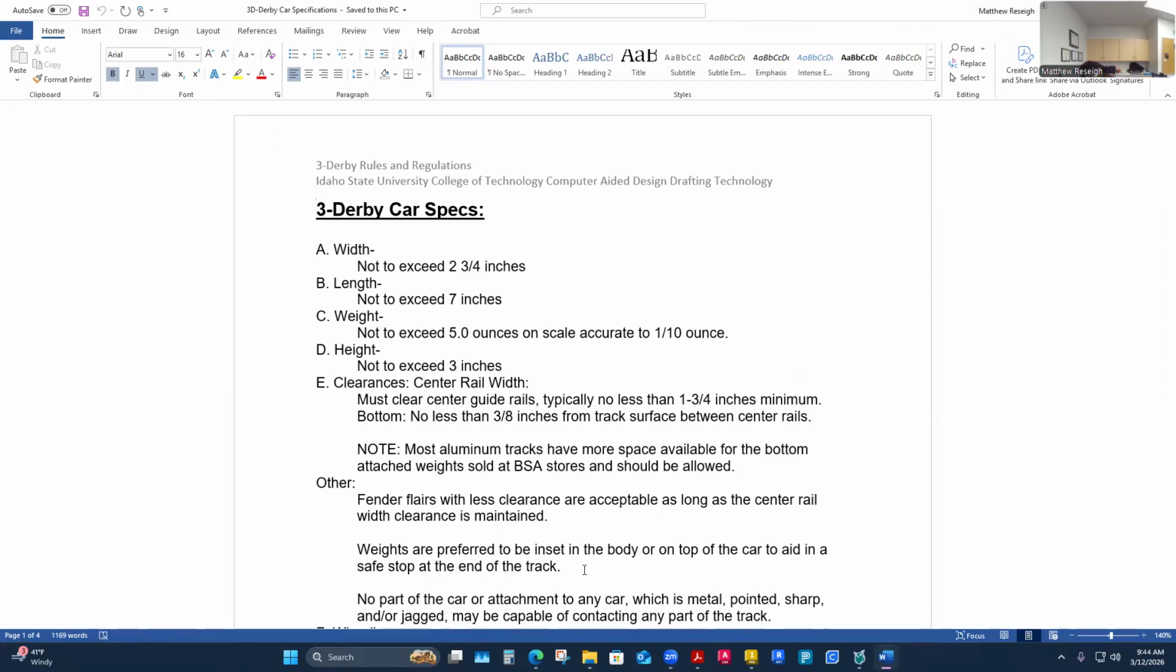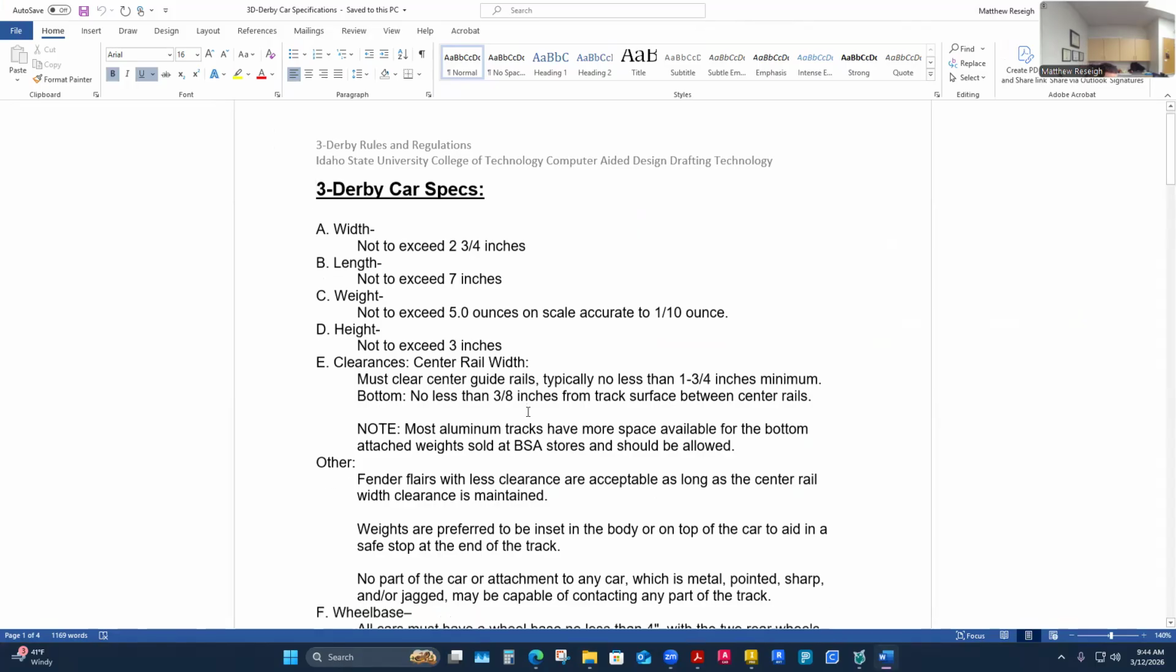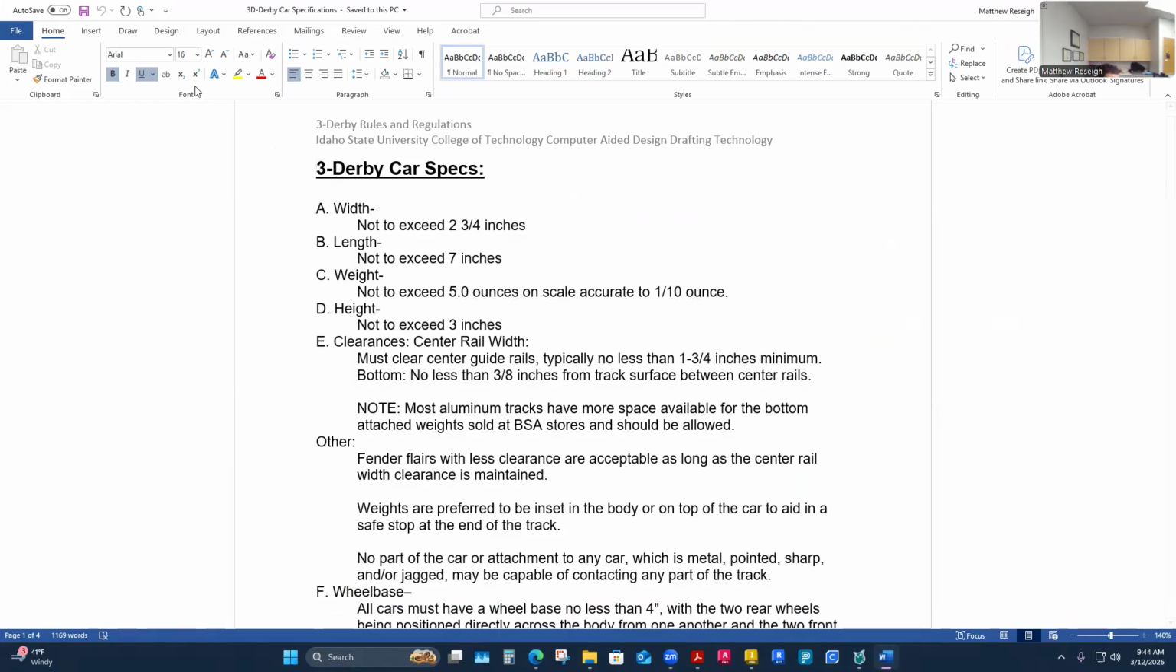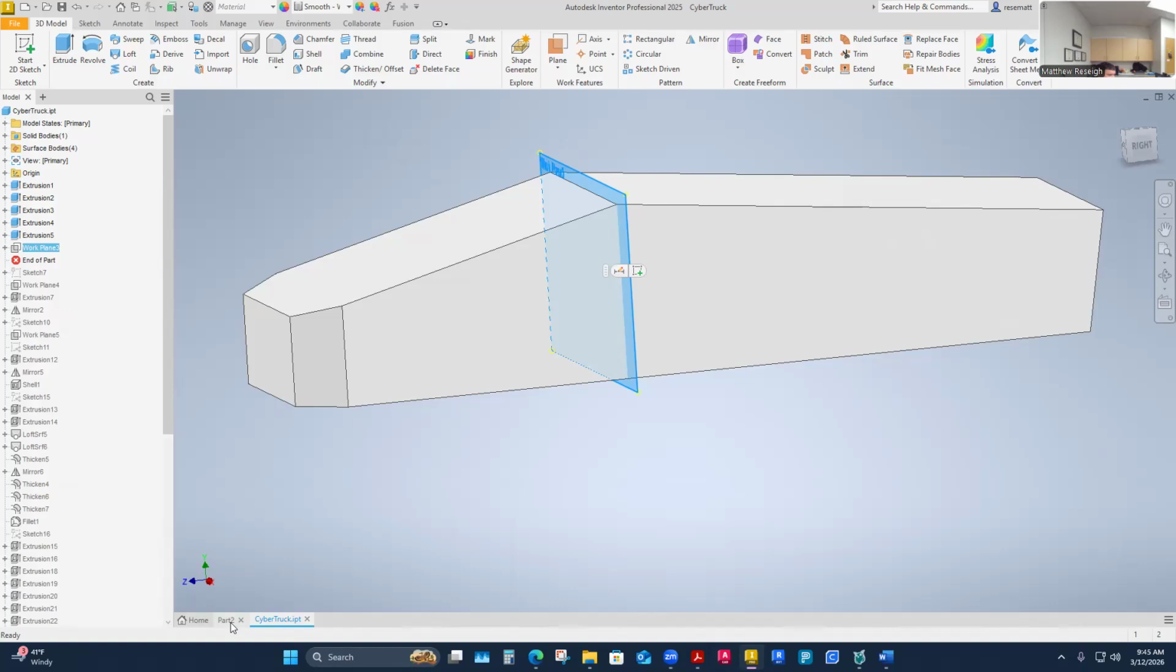You'd buy a block like that and you can chop it as much as you want. These two dimensions are real critical though: this 1 3/4 where that wheel well is, and this 3/8 of an inch off the track. Definitely pay attention to those dimensions. If I go back to my Cybertruck, eventually